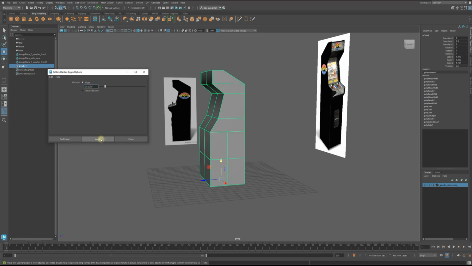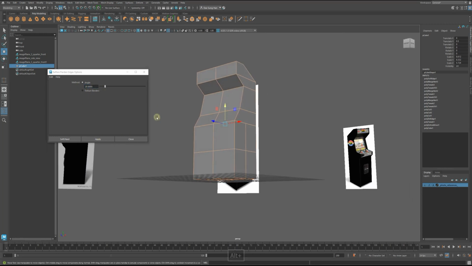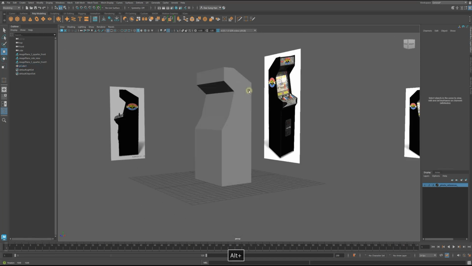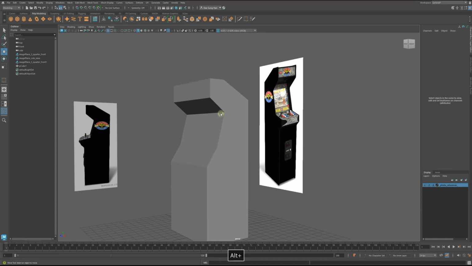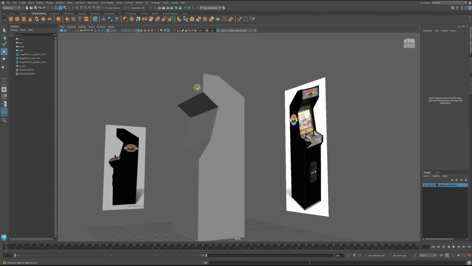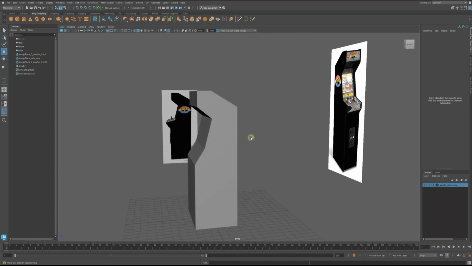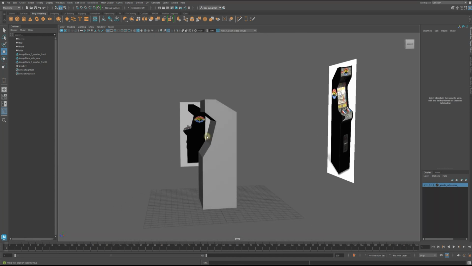20 is good. Apply. I'll bring it back to be more of a harder shading tone. Lower the number, the more faceted. Higher the number, more shaded it's gonna look. All right. Okay. All right. So from here,